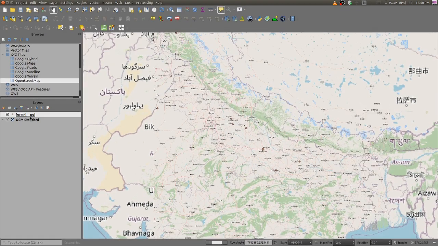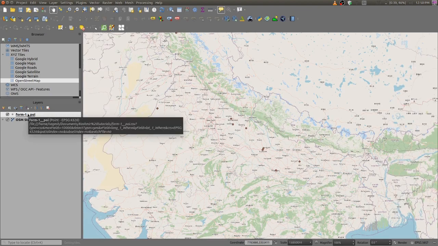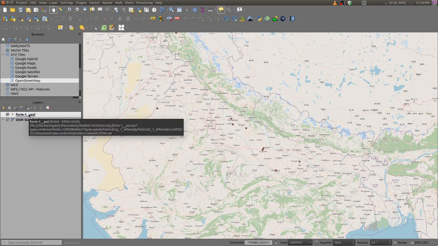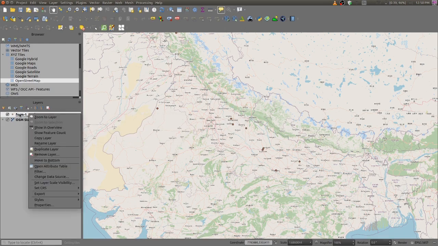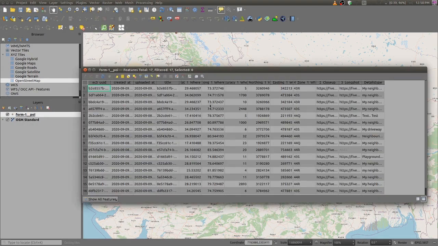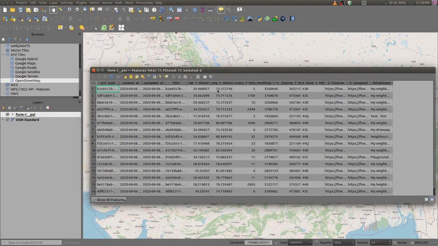Now, by right clicking on this file which we have added, we can see the table also by going to Open Attribute Table. By clicking that, you get all the data contained in the table.